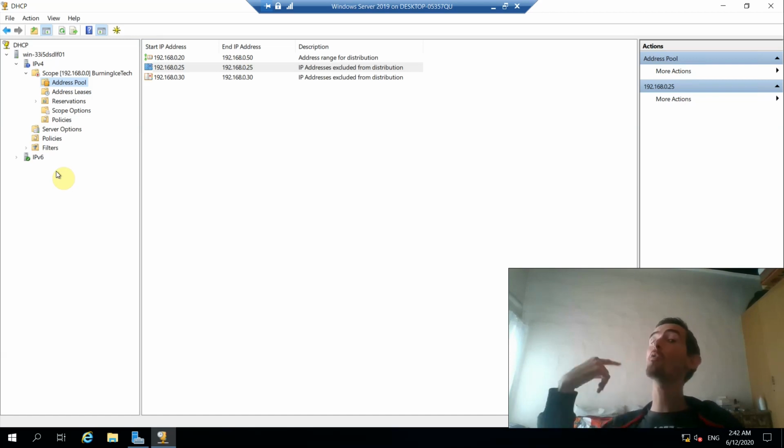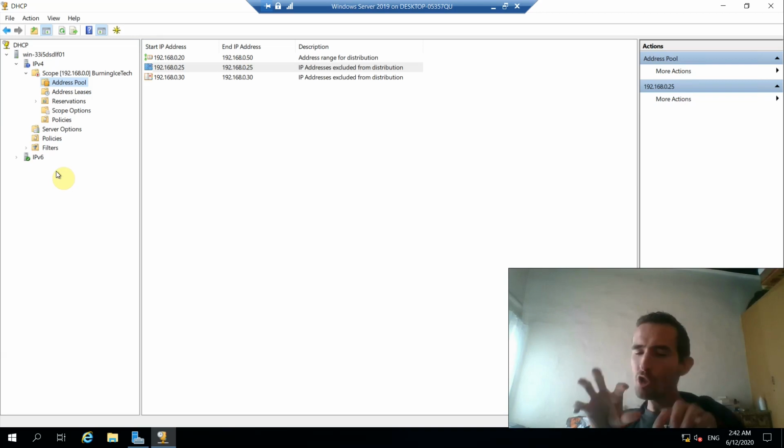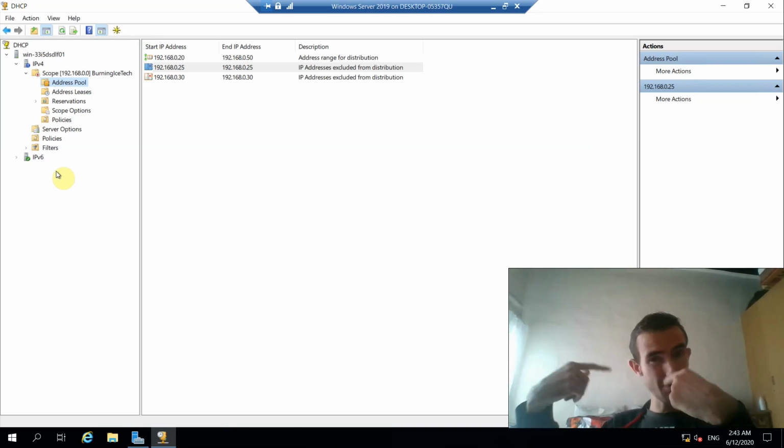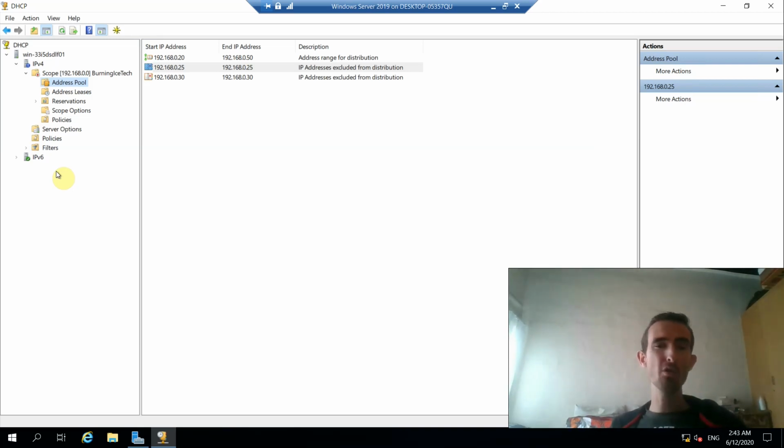Now tomorrow, remember this lease is normally 24 hours. So tomorrow the printer gets a new IP address automatically, and when you click on print, what's going to happen? Nothing. So you're going to have to either reinstall that printer so that it gets the new IP address, or reserve that IP address so that it gets the same IP